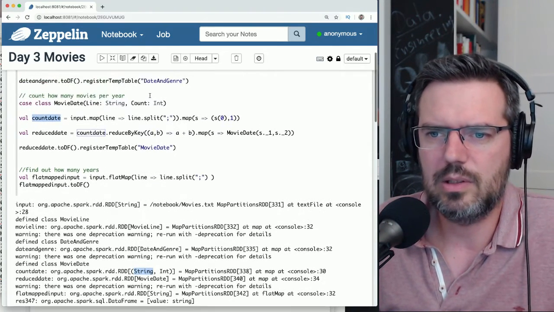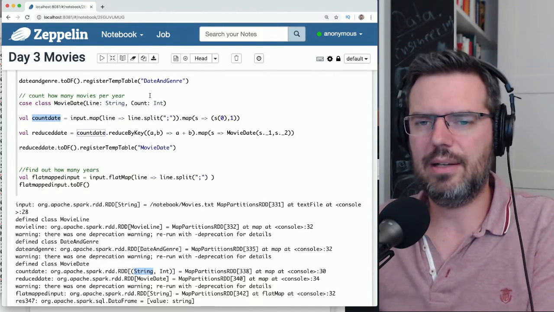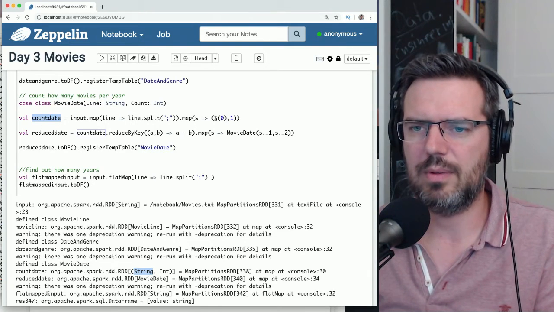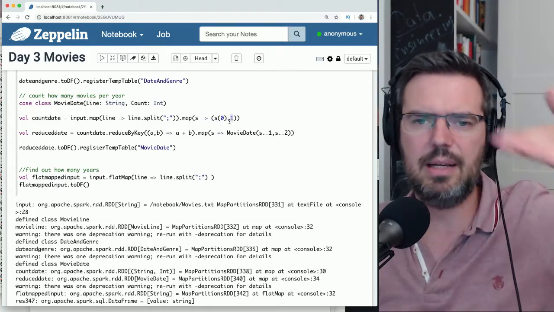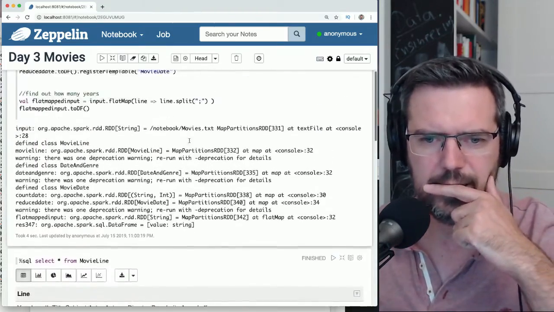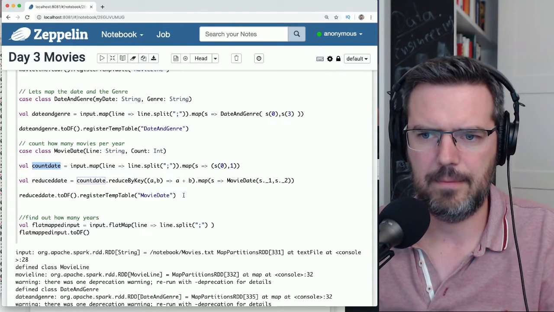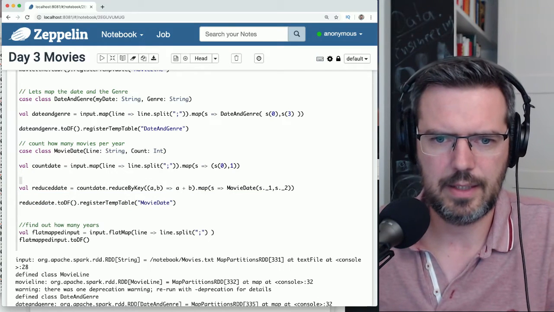Now you want to count every time 1982 comes up. We have paired 1982 with a 1. So every time can we see this count date? Let's do this.